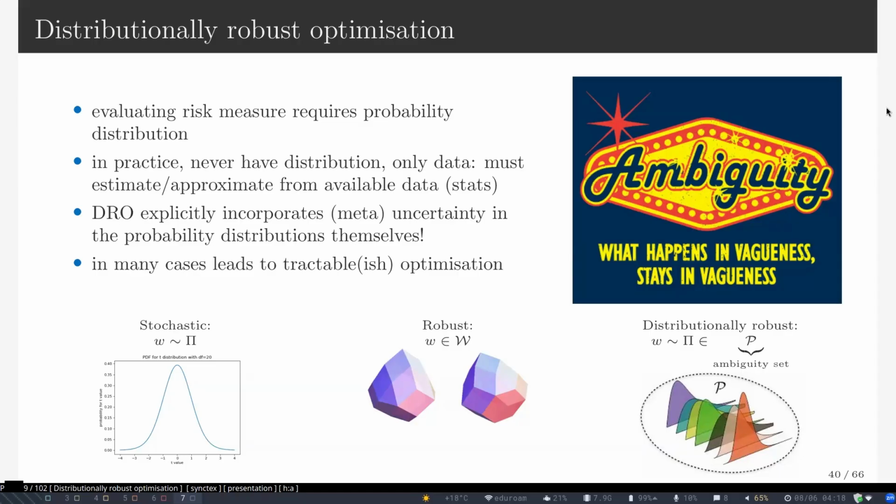We cannot state super general statements. There are different ways of thinking about the problem. Stochastic optimization deals with a particular distribution. In a robust optimization setup, we look at worst cases, so we try to put things in bounds, in a support set. In a distributionally robust setup, we push the uncertainty onto the distribution itself. We don't know what the distribution is. It is one of these, it belongs to this ambiguity set.